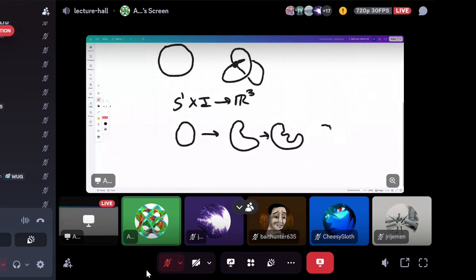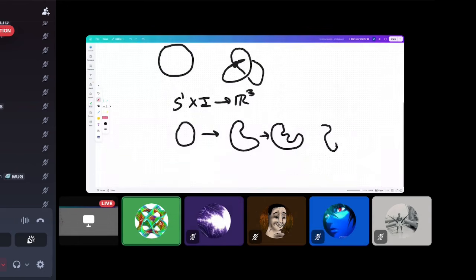Let's see if we can get something that we can bend through like this. We can do something like that, and it can bend through itself and something like that. As long as there aren't any self-intersections, that means that we're looking at knots up to bending through with no self-intersections. Now, the problem with this definition is that it's still a little too naive,